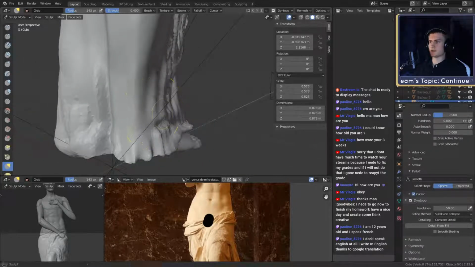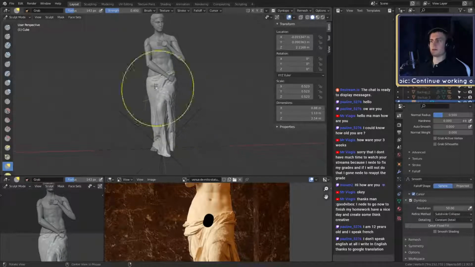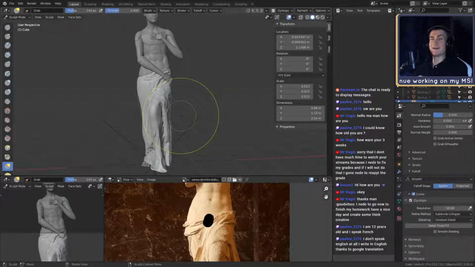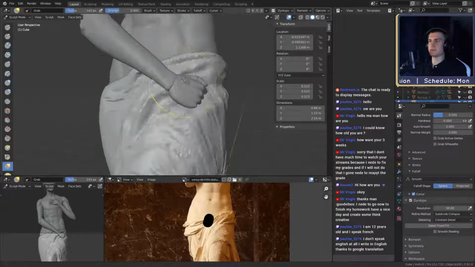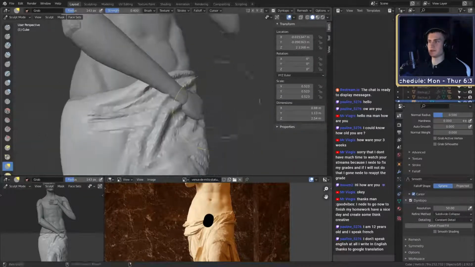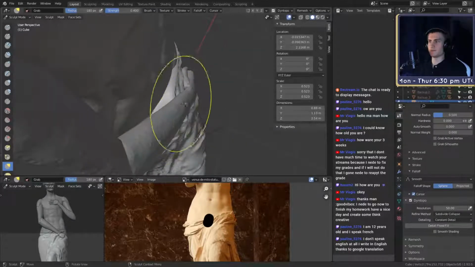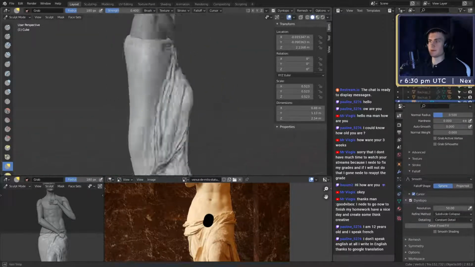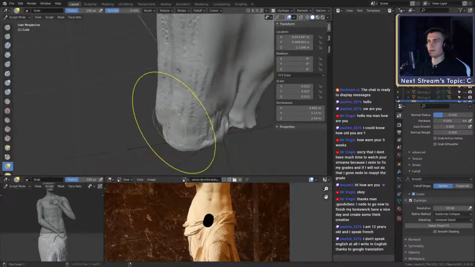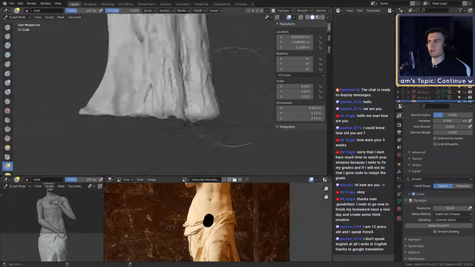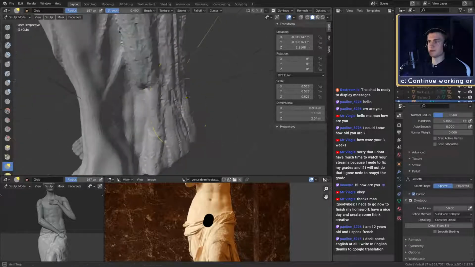Okay, we're in a pretty good spot, I think. We've now put in the cloth, which perfectly hides the detail we put into the legs. But it was necessary to put the cloth in now, because then I can see if I have to reposition the hand. I might have to reposition just a little bit so they're not buried into the cloth itself. Yeah, we'll see. We put in a little bit of flow. We still have to define the flow some more for the cloth itself. Still in the process of making the rough shapes for the cloth.